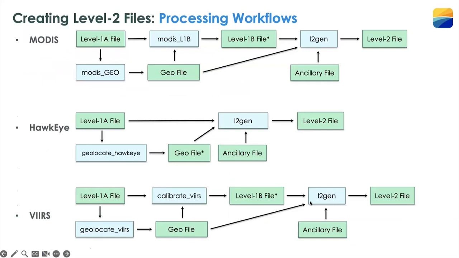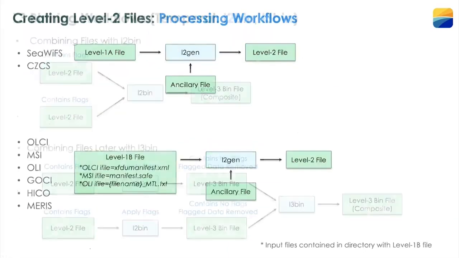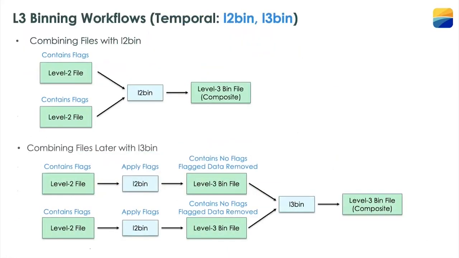So VIIRS is a little more complicated, but that's what these workflows can help you with as reference. And we have a binning workflow as well. You can just refer back to this, but this is showing that you can bin the files